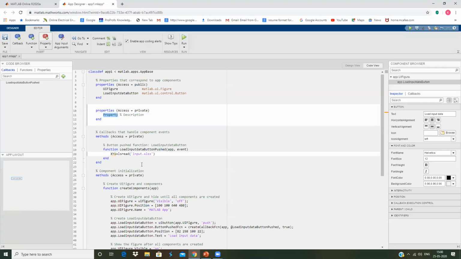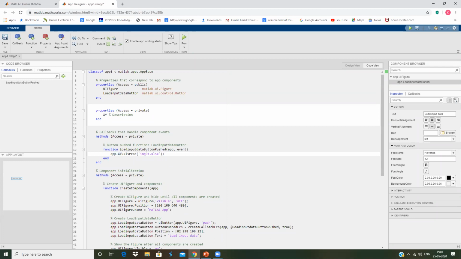Whatever variable you are using has to be declared as a private property, so that we can access the data in all places. So I'm declaring this xy. And in order to access this xy, generally we have to use the variable as op.xy. Okay, now I have read both the input data, which is stored in op.xy.